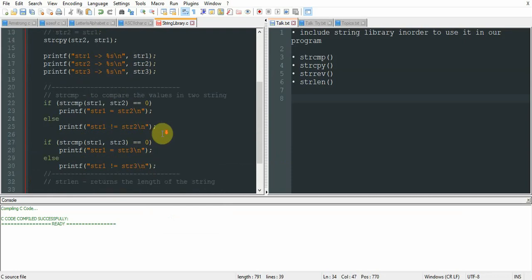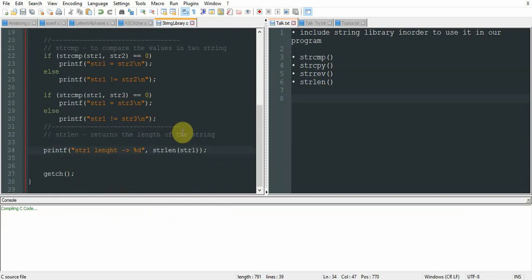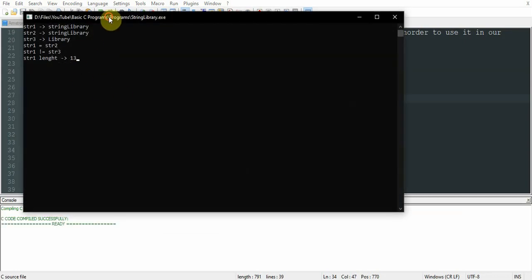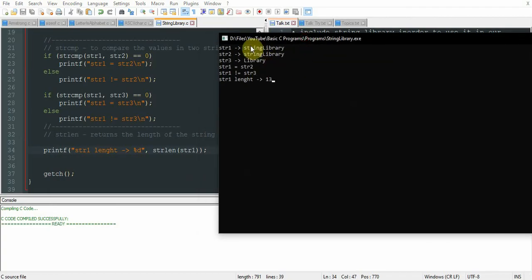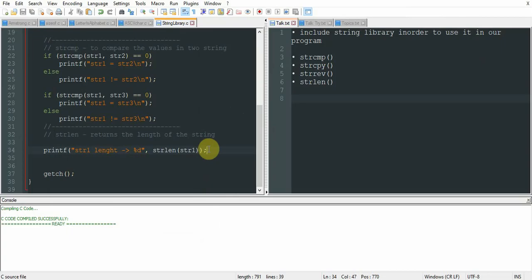Let's run the program to check. The length of string1 is 13, and the next, string reverse.